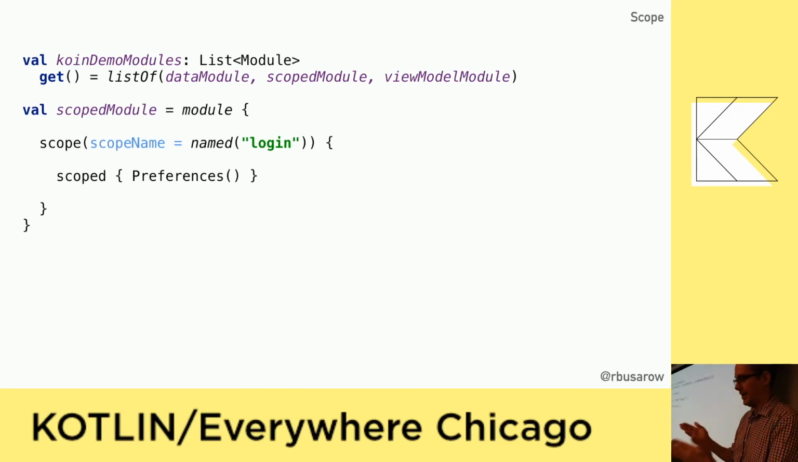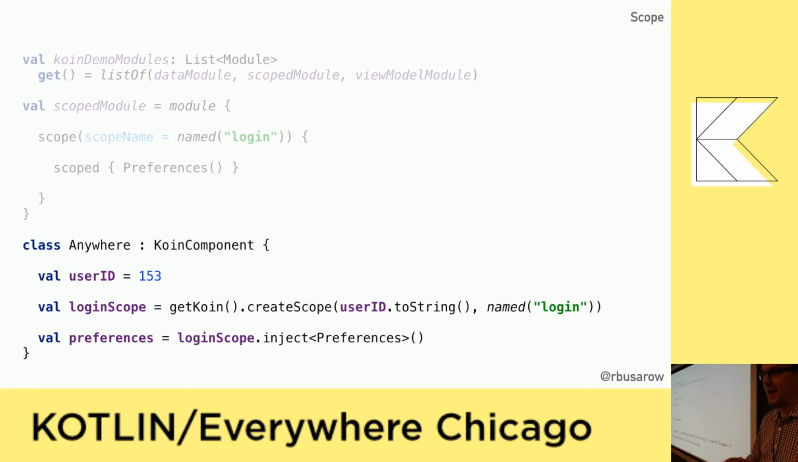So Koin handles this as well. You have a scope object and a scope definition. In your module, you create a scope node looking for a name of login, and anytime you see that, then you use another keyword, this time scope, to create a component which lasts for the lifecycle of that scope. The name collision here is driving me nuts. I don't know how to describe this. It's so bad. So we have to add this to the modules list, and then from anywhere you like,